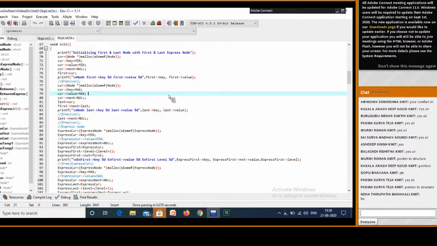The basic assumption is that the leftmost node has a huge negative value. The same is also there in the first level express node, right? If you recollect this particular diagram, which I had shown earlier,